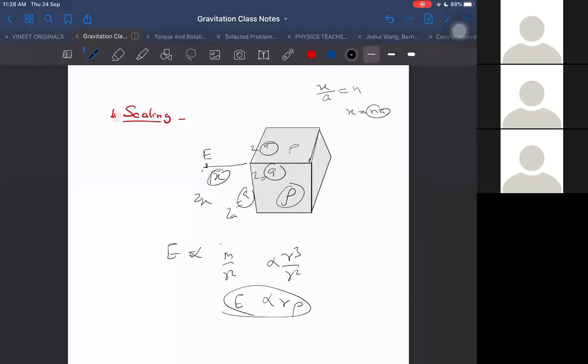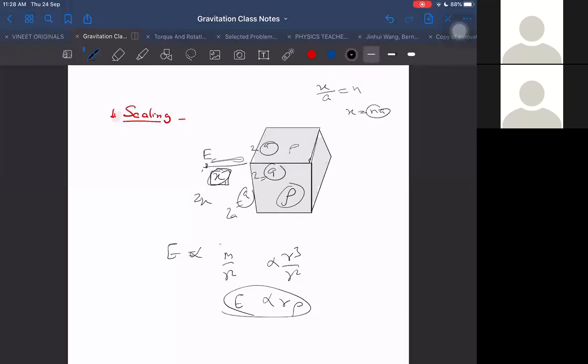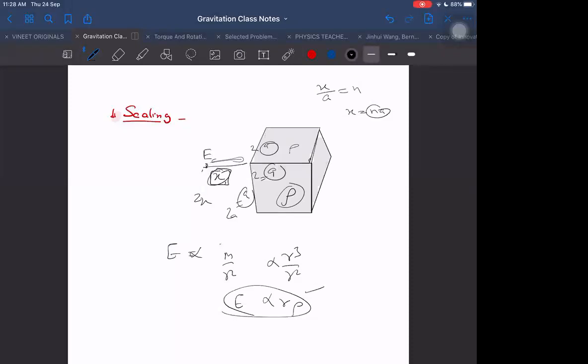And why is it important that I'm not keeping x the same? Because if I keep x the same and I change a only, then this distance will end up getting changed. Then I don't know what the formula will be for that particular location. I cannot tell now, because I don't have a function. But without knowing the function itself, by scaling at the points which are proportionately increasing in dimensions, if all the points in the space are increasing proportionately, then the field will become directly proportional to R only.